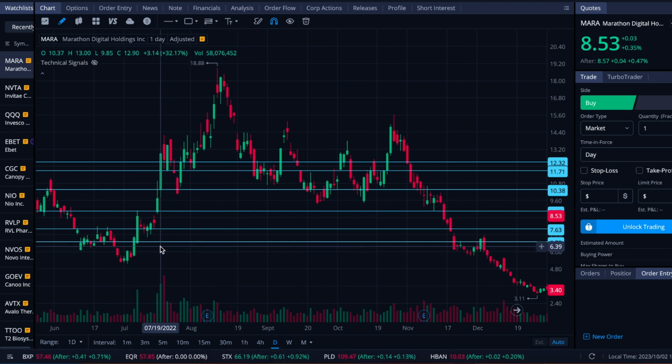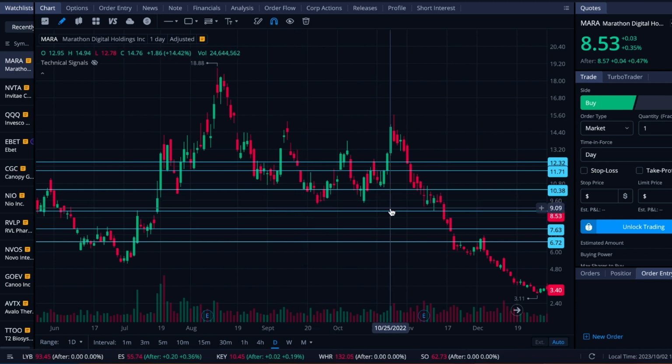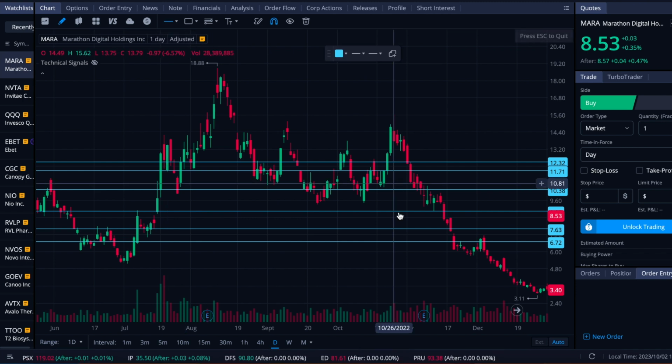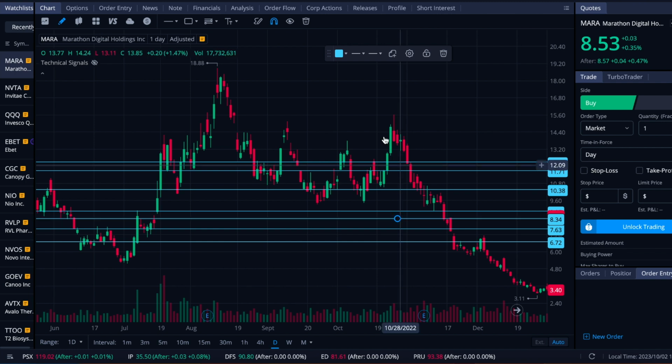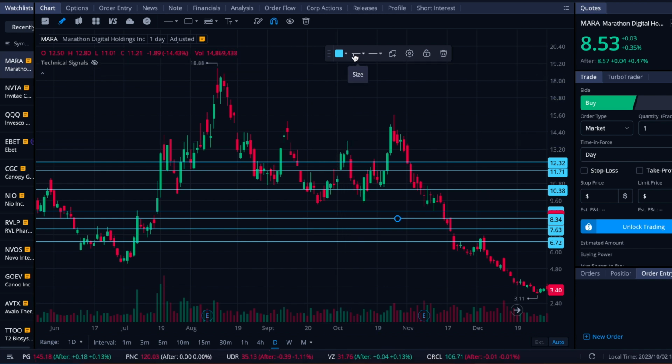6.72, 7.63. There's certainly tighter levels as well. And if we get in those ranges, we can fill them in some more, but right now we aren't below the $8 range at the moment. So I'm not going to worry too much about cluttering the chart in that range. This is a good level, 8.34. And then as you see, we have this 8.87. Above that,